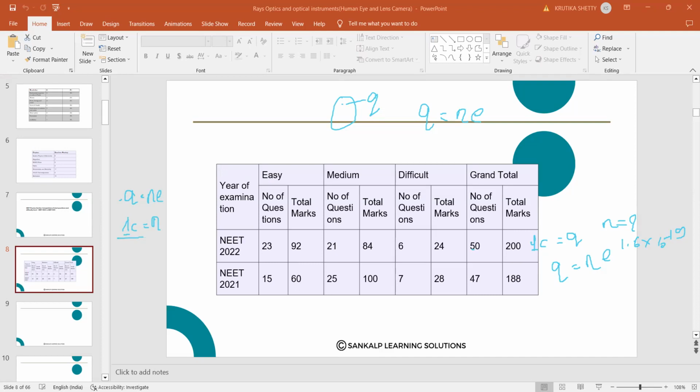then divided by E. Here, if E is in multiplication on one side, then on coming to this side it becomes division. So this E value is 1.6 into 10 to the power of minus 19. So 1 divided by 1.6 into 10 to the power of minus 19 is written as 0.625 into 10 to the power of plus 19, because the minus 19 in the denominator becomes plus 19 in the numerator. If I shift the decimal, I can also write it as 6.25 into 10 to the power 18. These are the number of electrons for 1 coulomb of charge.